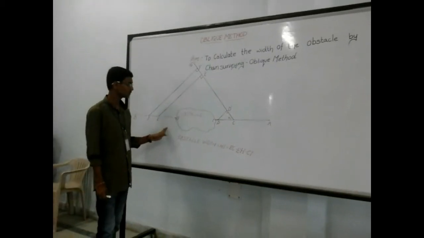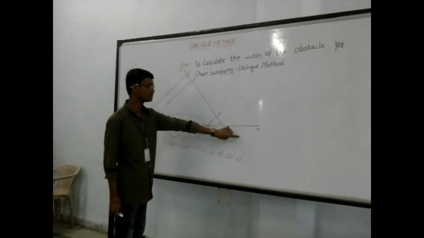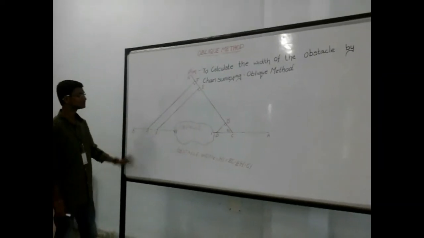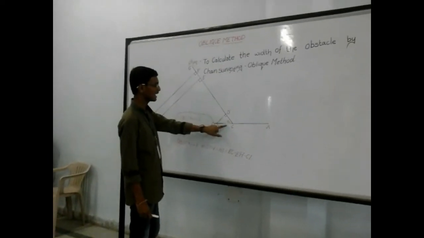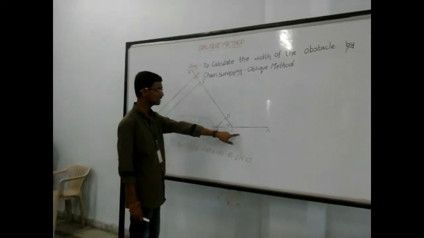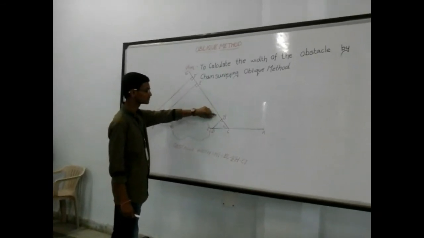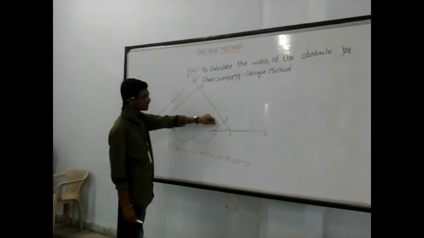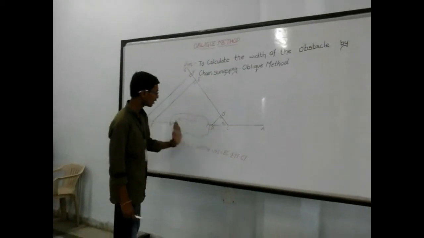Here this is a field diagram where HI is the width of the obstacle, AC is the actual chain line and it should be extended even after the obstacle. Here place another chain which makes an acute angle, less than 90 degrees, with the reference chain line. By considering any point on the chain line, we should erect a perpendicular offset DD dash, and the point D should be before the obstacle.